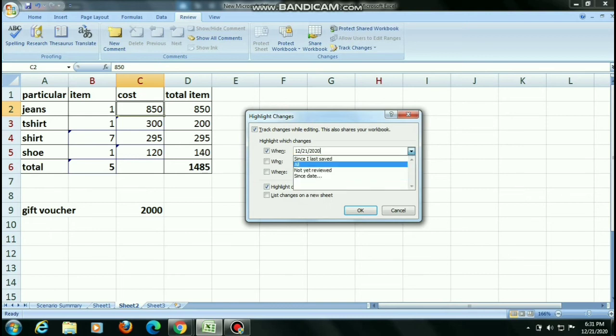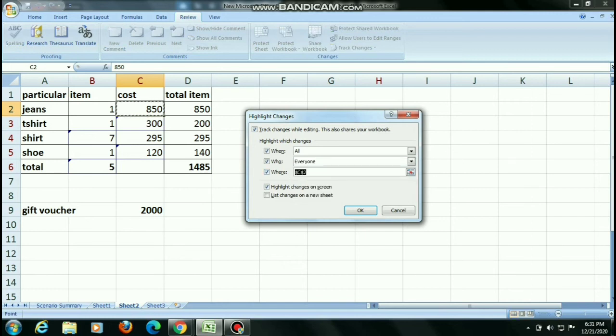Okay, so if I click All, it will contain all the changes, whatever changes are done by anyone. Who means who will make the changes. Everyone, complete. Everyone but me means I do not want to include myself. Everyone excluding me from this computer. So I am selecting everyone.